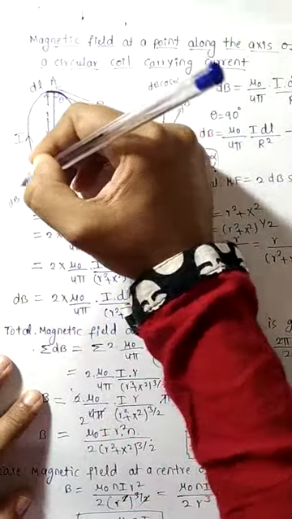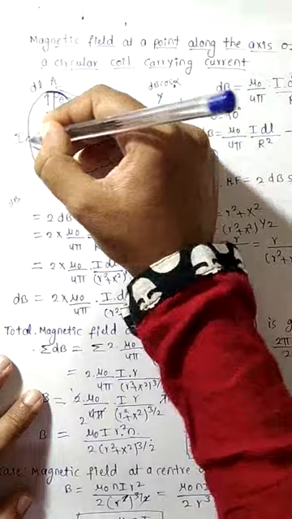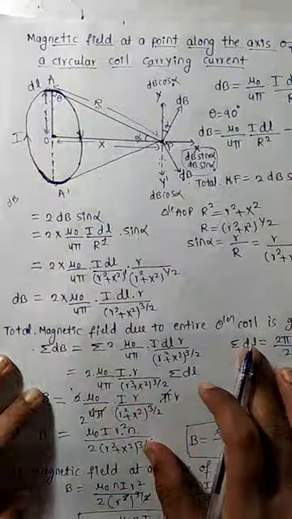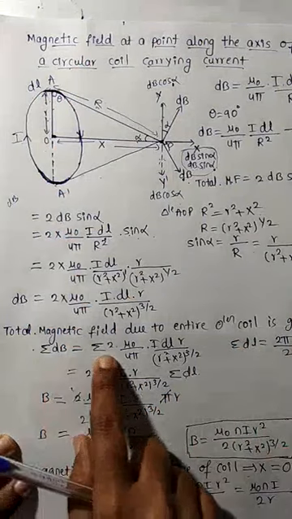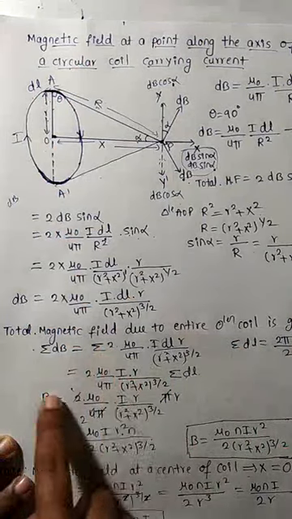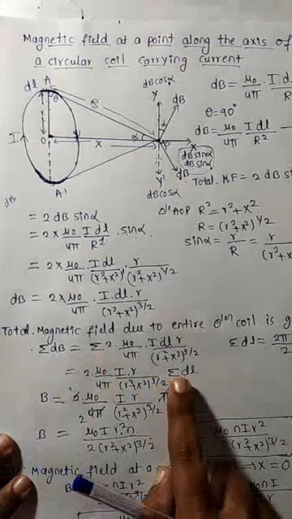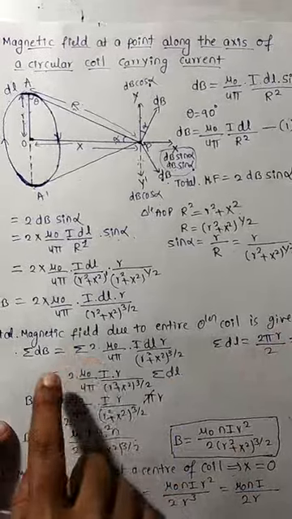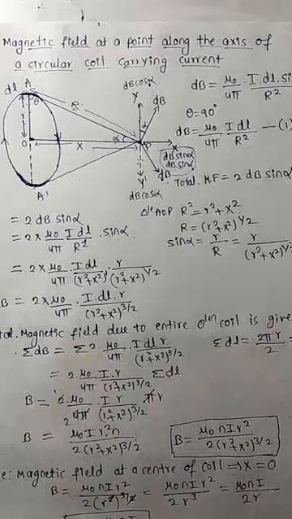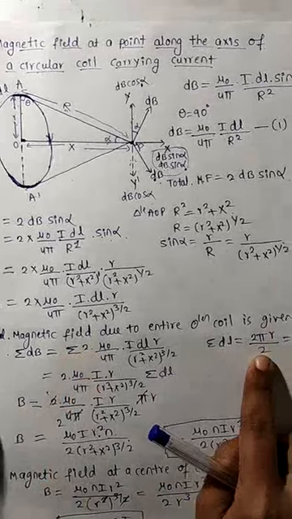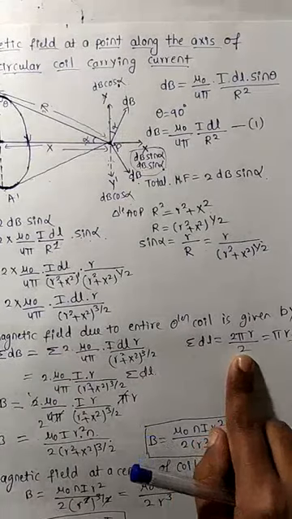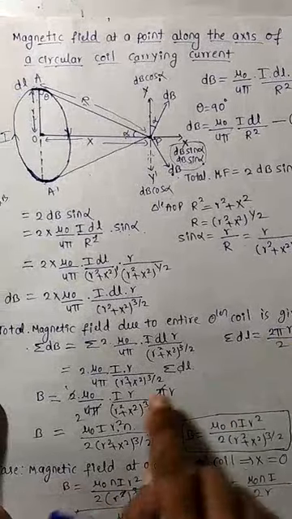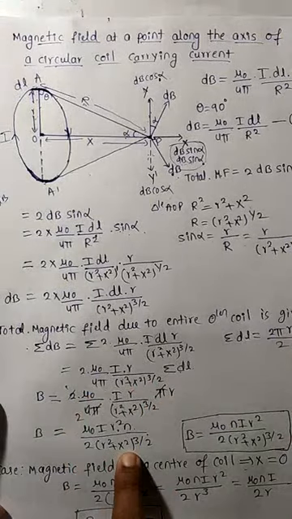Again opposite we will take dB, and next opposite we will take. So that becomes a summation we will get. So summation of dB is equal to summation of these things. So taking common term outside, we should find the summation of dl. So summation of dl, as it is because of two circular coil halves, becomes the circumference of the circular coil. So 2 gets cancelled, you are getting the pi r value, and substituting, cancelling the terms, you got this one.